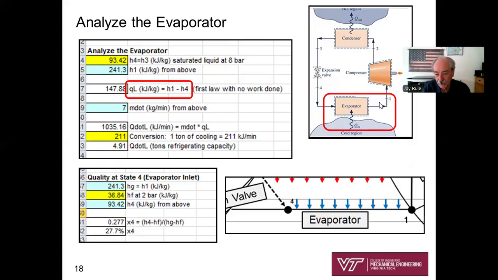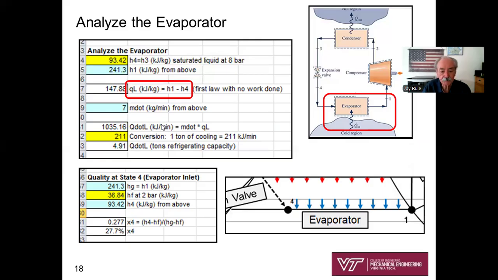Yes, h1, the outlet, minus h4, the inlet. Little q minus little w, that's 0, equals h out, h1, minus h in, h4. So q_L is positive 147.9 kilojoules per kilogram. m dot, given from above. So Q dot L is